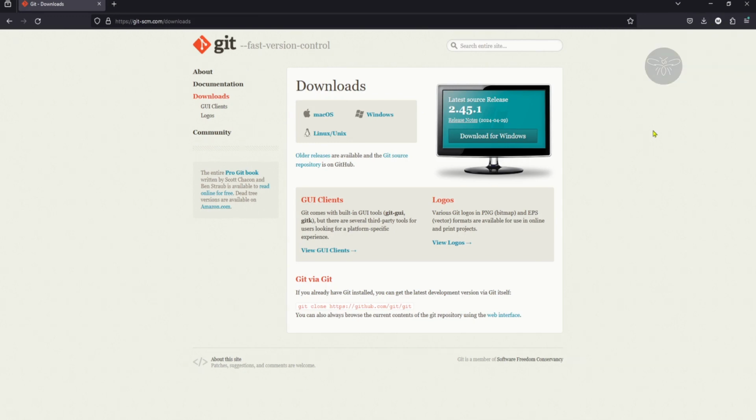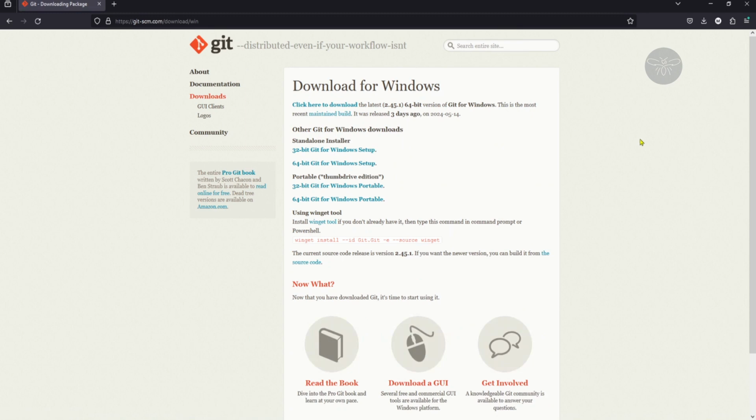the Git. There's the software for Mac OS, there's for Windows, and there is for Linux or Unix. It's not the GUI clients. For this one, I guess I'll do another tutorial so that I can explain the GUI. So mine is Windows. The latest version is 2.45.1. So I'm gonna click that button, download, and I'm going to choose